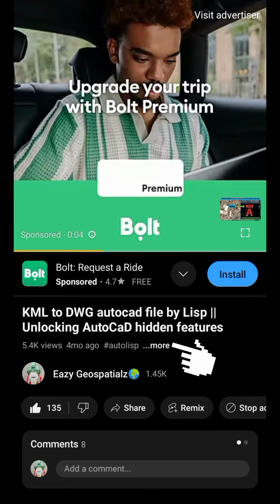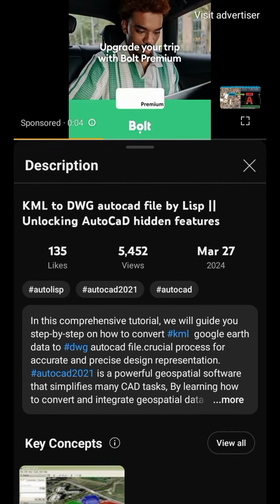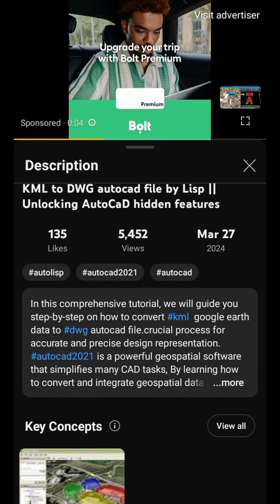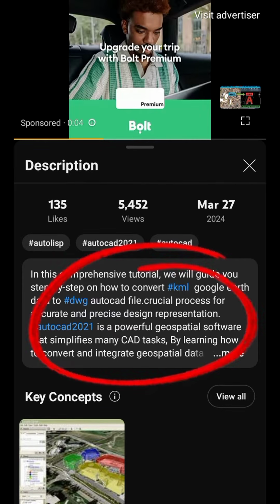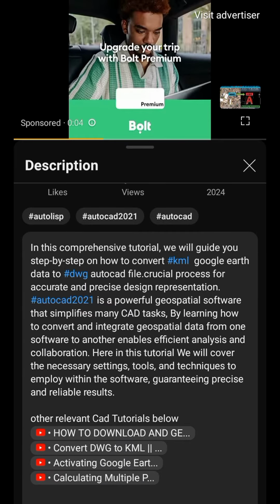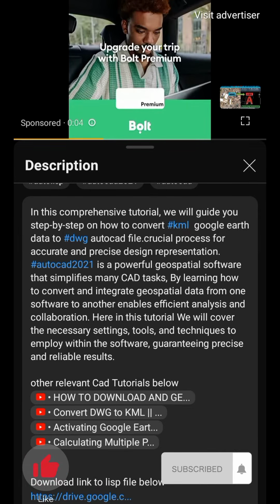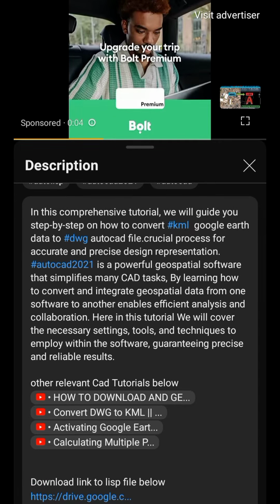So to do that, you have to click on more. When you click on more, you are going to see the other informations attached to the video. All right, so as you can see, these are the informations and it is not yet done, so you have to click on more again until that disappears. So I'm just going to tap on more, and below here you can see the other informations. These informations are not just there for fancy's sake. It helps you understand better what the creator is trying to pass. So it is advisable you read through the video description to get better understanding of what the creator is talking about